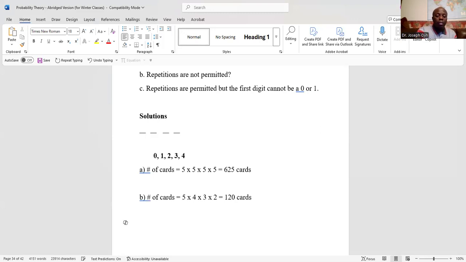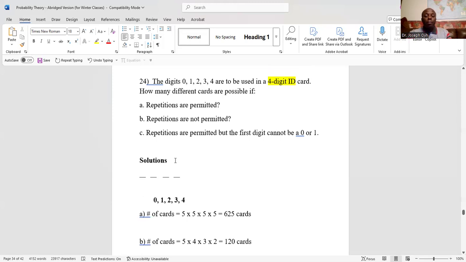Okay. Part C says, now see here, repetitions are permitted, meaning that you can use any of the numbers in each slot as many times as you want. But the first 2 digits, that means the first slot and second slot, the digit cannot be 0 or 1. That means out of this,